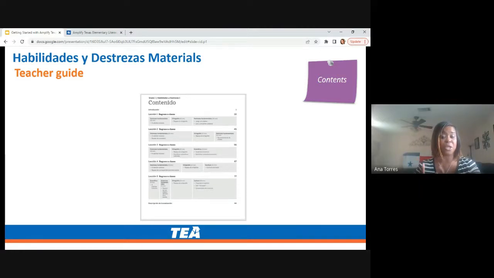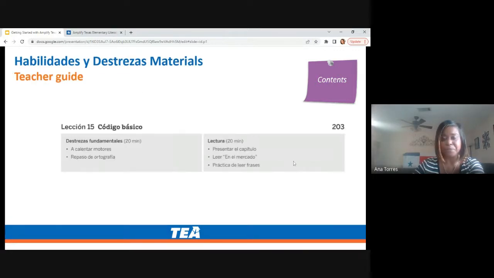In addition, the contents provide a quick but informative summary of those lesson components, the various activities in those lessons, and even give you the time allocation, which is included in each lesson and the unit as a whole. So the contents section is super important and vital, and gives you lots of really great information. Included in that contents page are the lesson components and the segments.